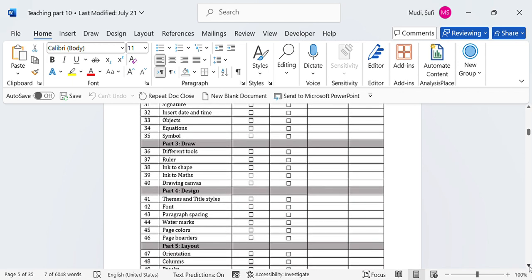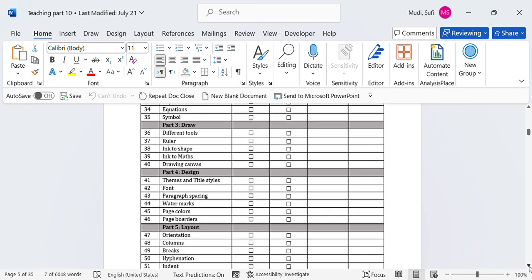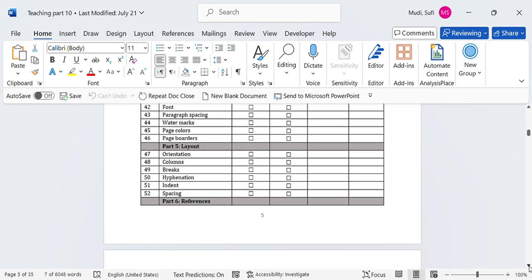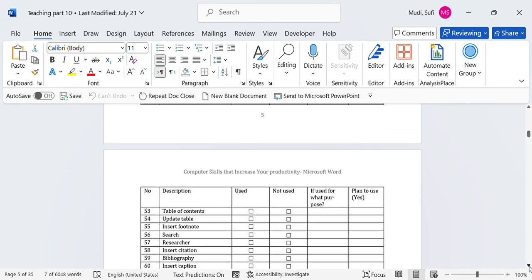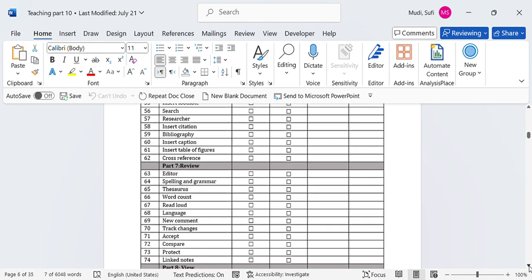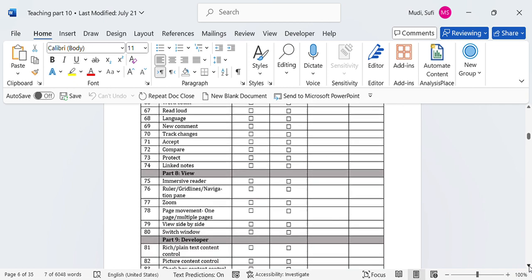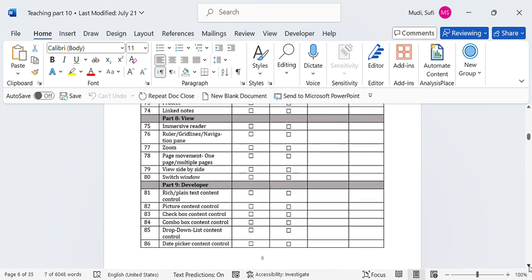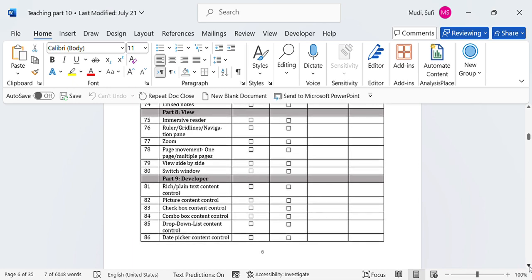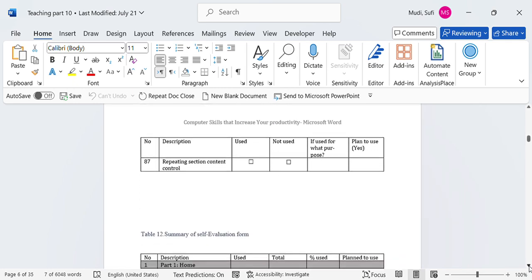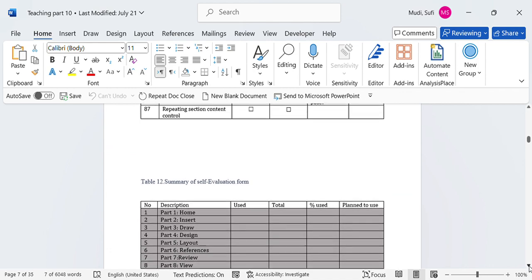Part 4 is design and the topics under it, and part 5 is about layouts and topics under it. Part 6 is reference and topics under it. Part 7 is review and topics under it. Part 8 is view and topics under it, and part 9 is about developer and topics under it. So once you've